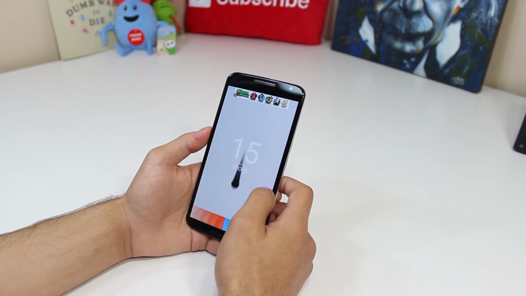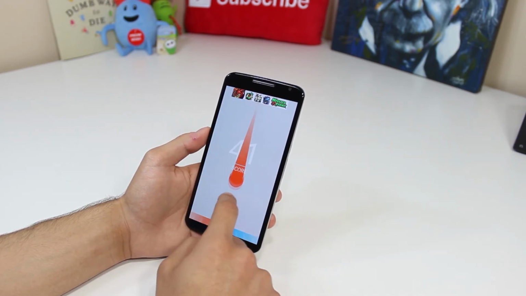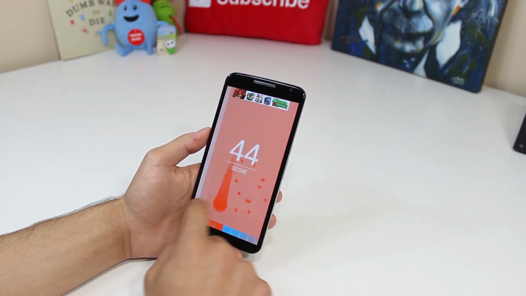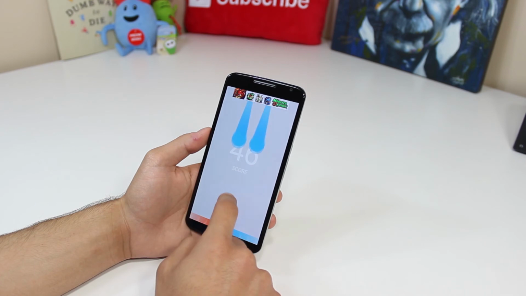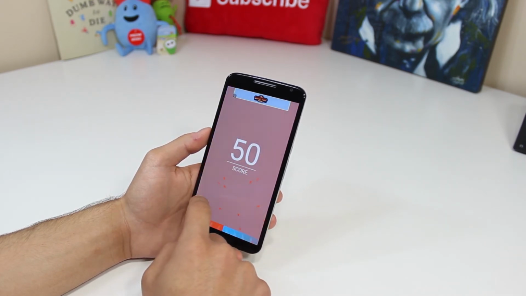Now, much like his other games, there is a nice little soundtrack, actually pretty cool soundtrack, that plays along as you go, and it'll play more and more the further you get, so it is incentive to continue to play and try to get a higher score. It does get pretty hard and they can come down pretty fast. Sometimes there are multiple, as you see here. You'll have two of the same color, or you'll have one of each where you need to swipe both sides. So it does get pretty challenging as you get probably to the 30s, 40s, and on,